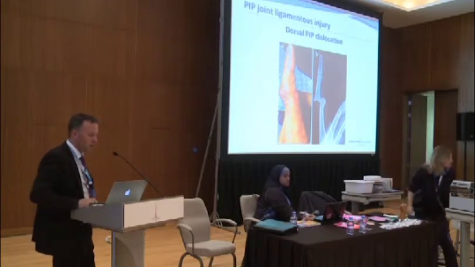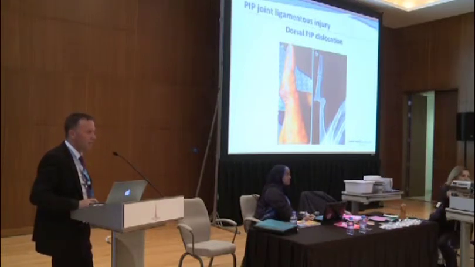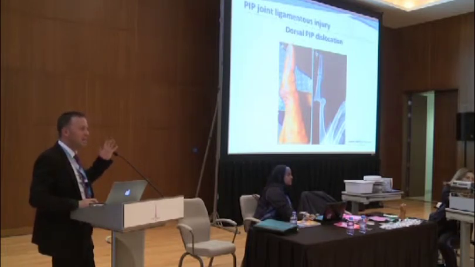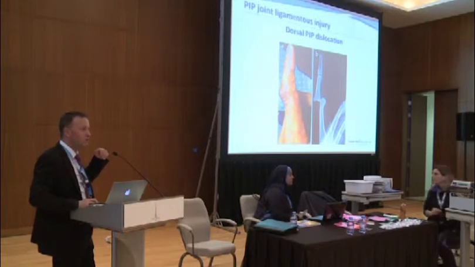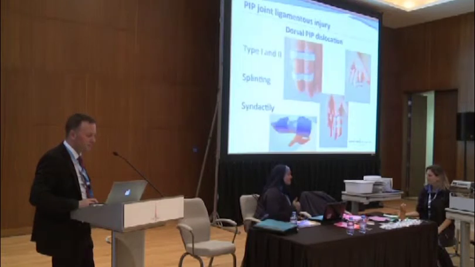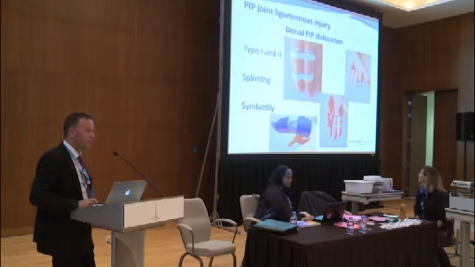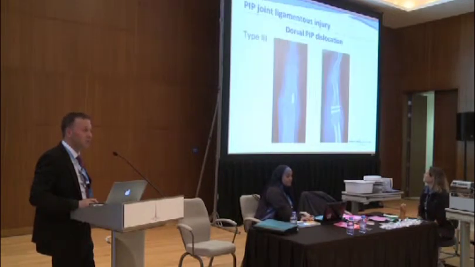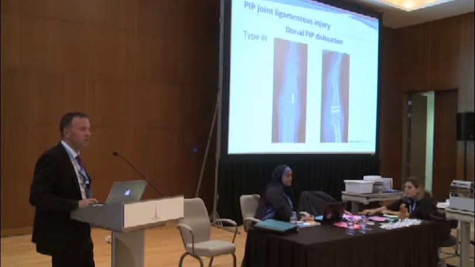So local anesthesia, reduction, and see if there is any loss of function of the extensor and the tendon. For type 1 and 2, it is splinting and syndactyly. Put digital tubes in lycra to avoid any edema. For type 3, it's a surgical procedure because this is considered like a fracture of the base of